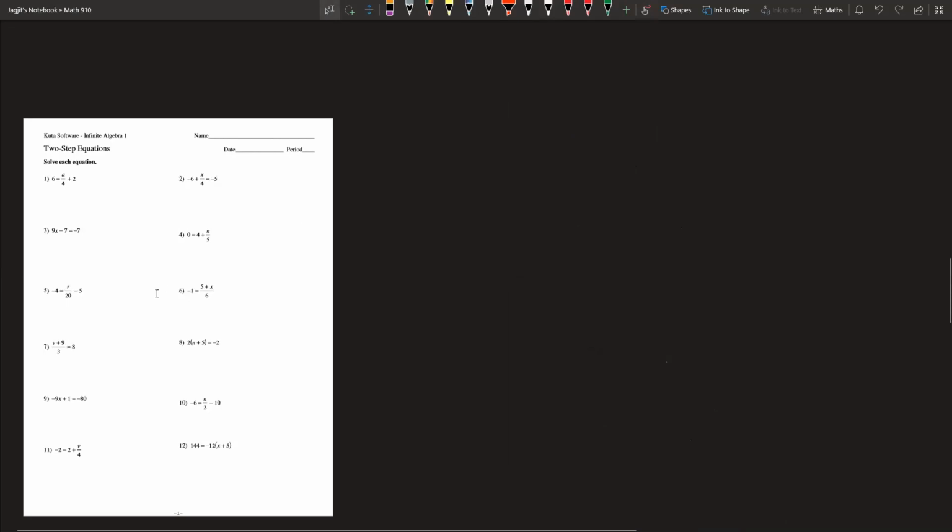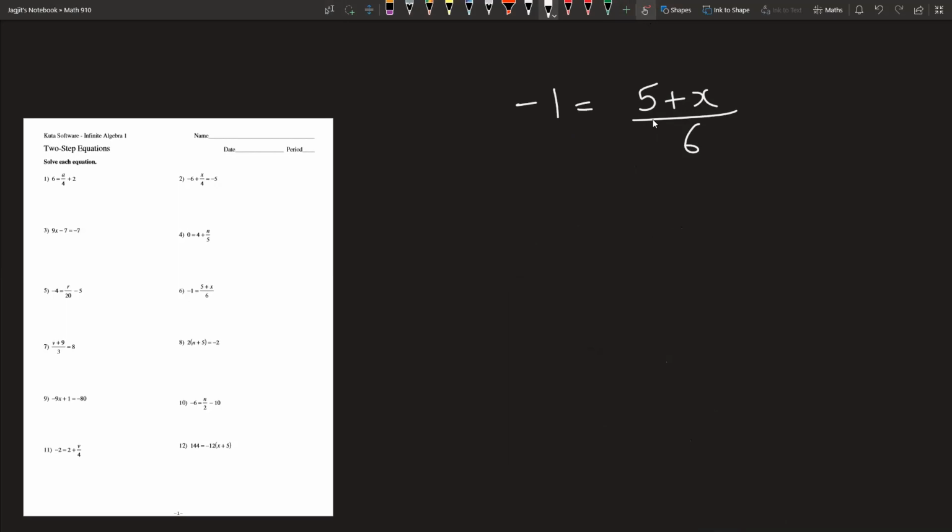All right. Now the next question is a bit different, okay? What you have is -1 is equal to 5 plus x all over 6. Okay, guys, there's one major difference here. You see, now this plus is not on the side separately. It's all over 6, okay? Whenever it's all over 6,